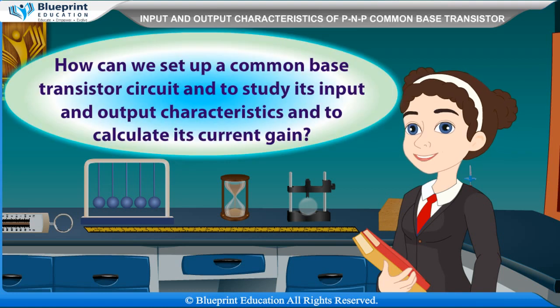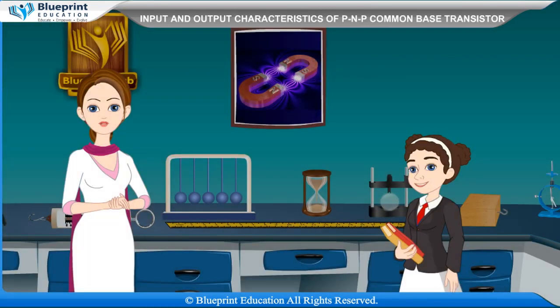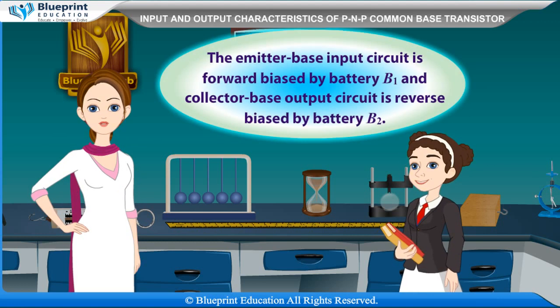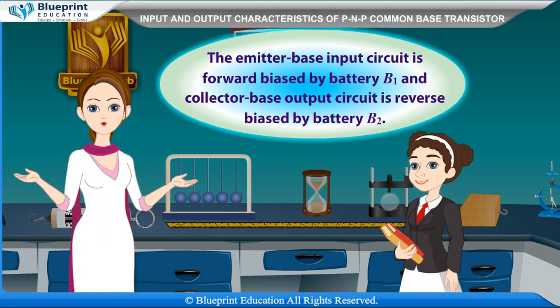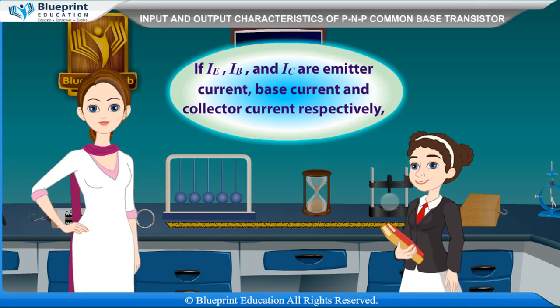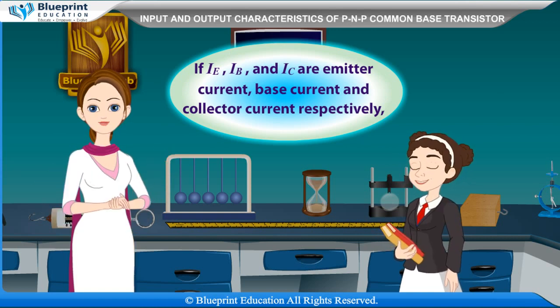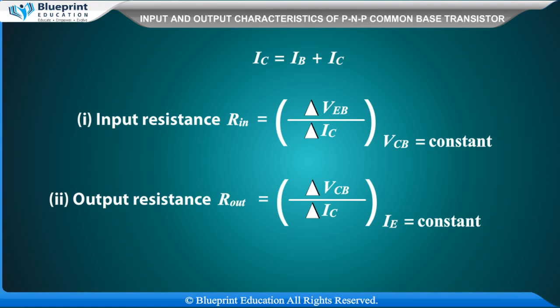Madam, how can we set up a common base transistor circuit and to study its input and output characteristics and to calculate its current gain? In common base configuration, the base is common to both the input and output circuit. The emitter base input circuit is forward biased by battery B1 and collector base output circuit is reverse biased by battery B2. If IE, IB and IC are emitter current, base current and collector current respectively, then